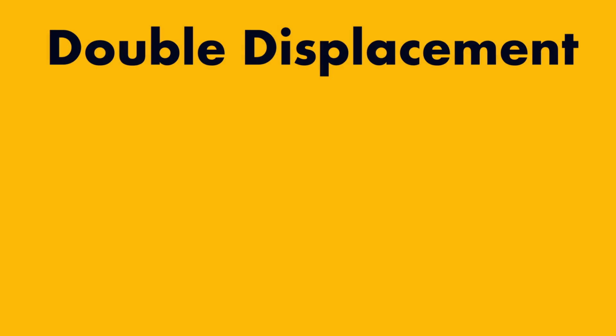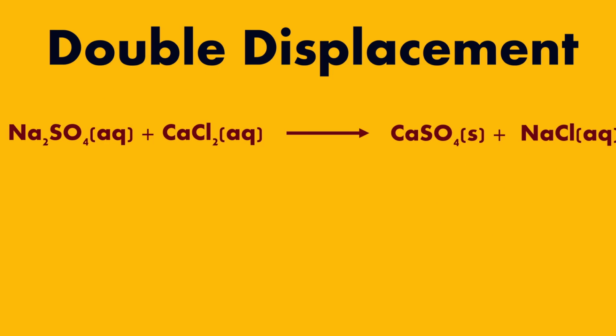Okay, the first reaction we're going to take a look at is the double displacement. And this is a reaction that you may already be familiar with. Basically what's happening here is you're taking some ions or even polyatomic ions, and they're just more